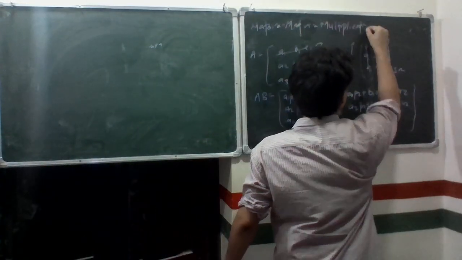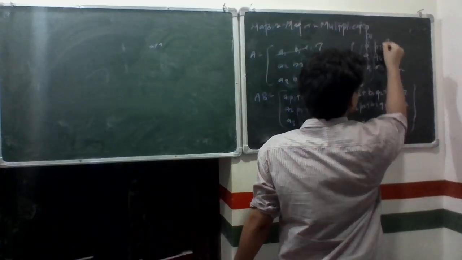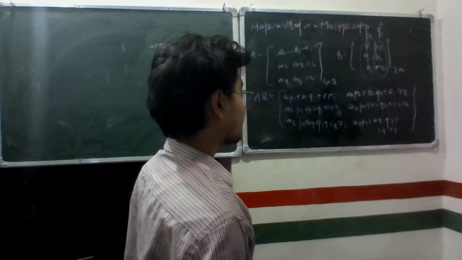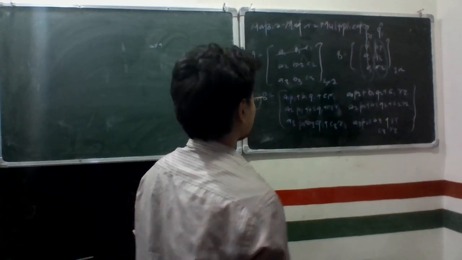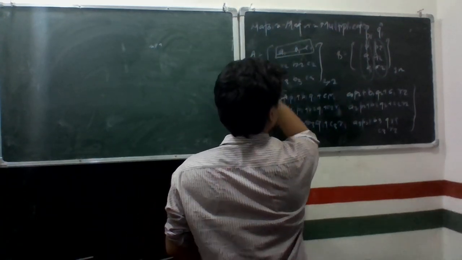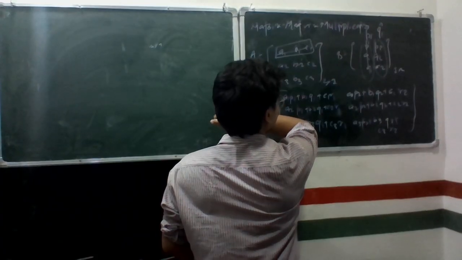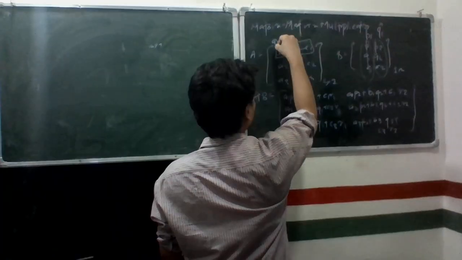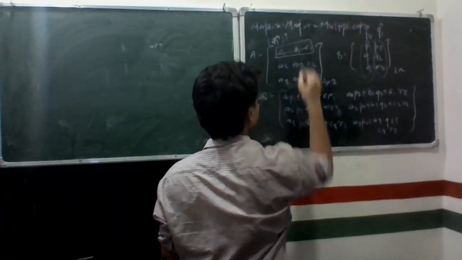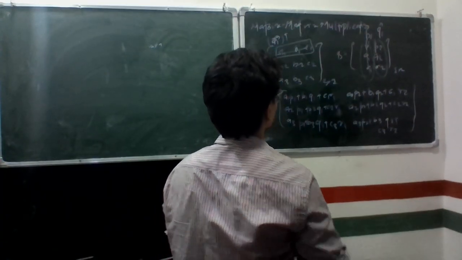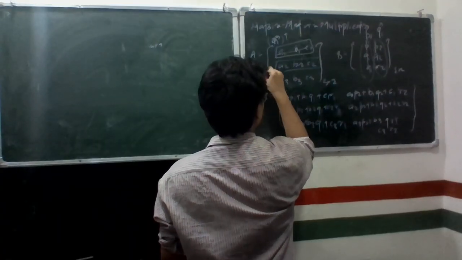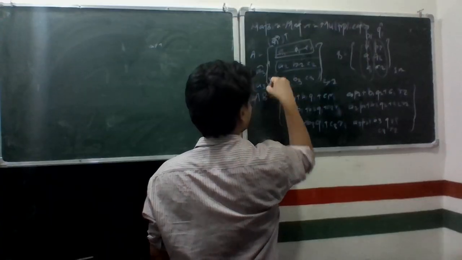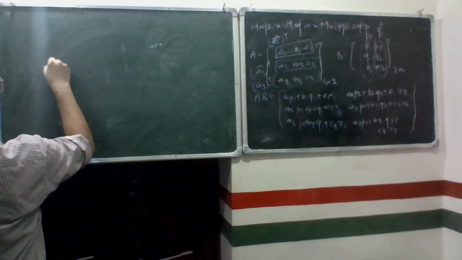Let's suppose this to be the P vector, this to be the Q vector, and this to be A1 vector transpose, then this to be A2 vector transpose, and this to be A3 vector transpose. Then we can write AB